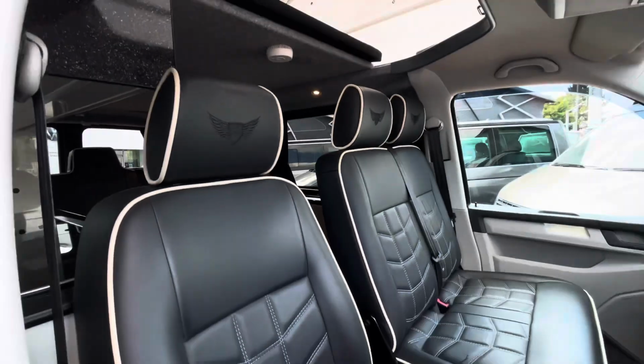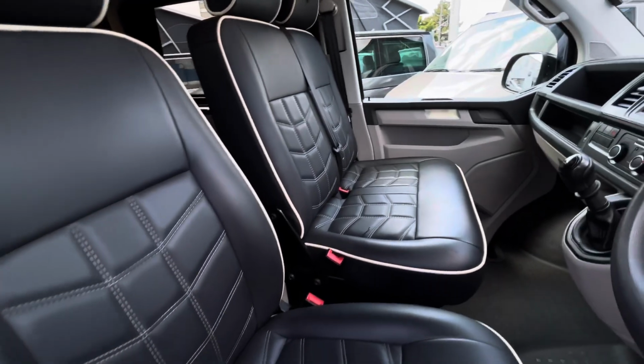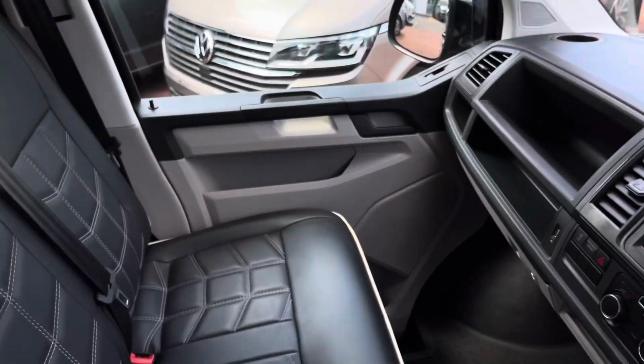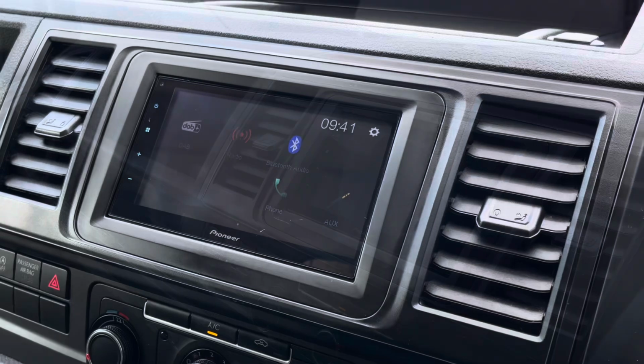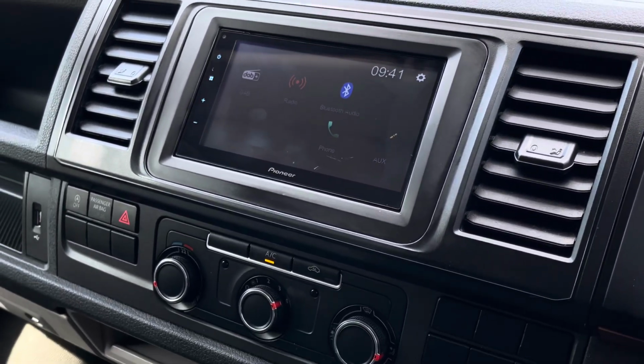Up front in the driver's cab we have some more of that lovely full leather retrimmed with some white contrasting edges. The vehicle also features a twin-seated passenger bench and plenty of leg space up front for the passengers as well as the driver. In the centre of the dash there is an Aftermarket Pioneer touchscreen system, and below this